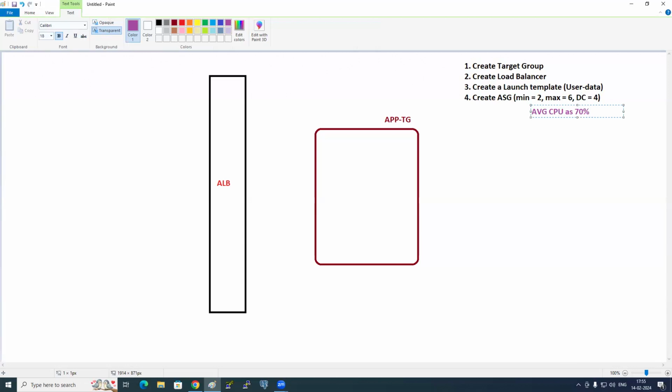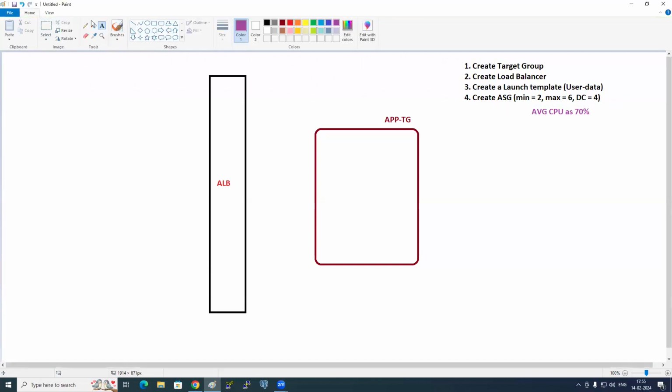If it goes less than that, scale in will happen. If it goes greater than that, scale out will happen. Yes or no? So once we create the auto scaling group, how many is the desired capacity? 4. So how many EC2 instances will be launched initially? 4 EC2 instances will be launched automatically here.